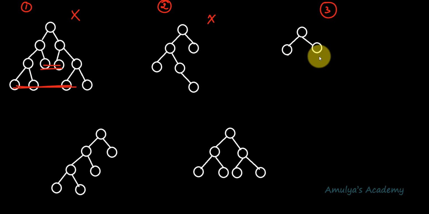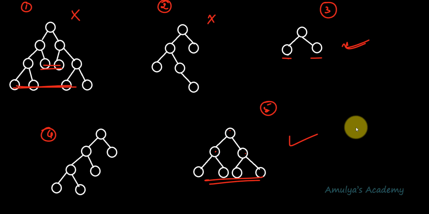Yes, now this is a perfect binary tree because we can see this is the internal node which contains two children. These two are the leaf nodes and they are present in the same level. So this is a perfect binary tree. Next, let's move on to the next example. Here you can see it is not. Of course, leaf nodes are not present in the same level. And this is the fifth example, and here yes, because we can see every internal node contains two children and all the leaf nodes are present in the same level.